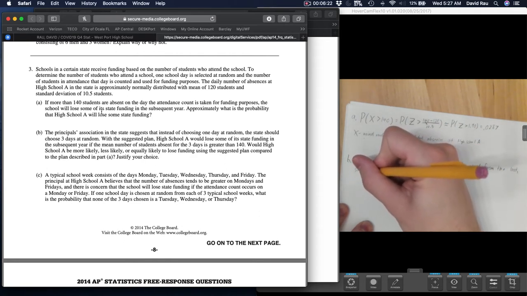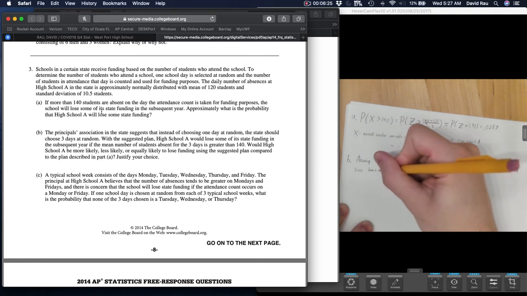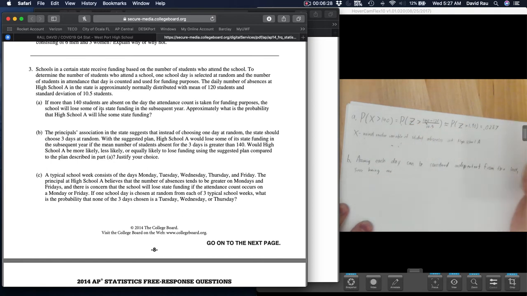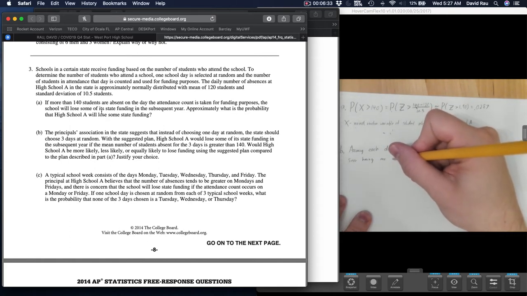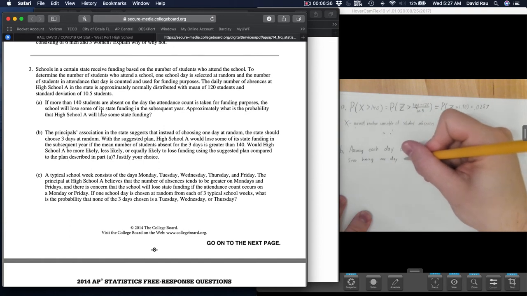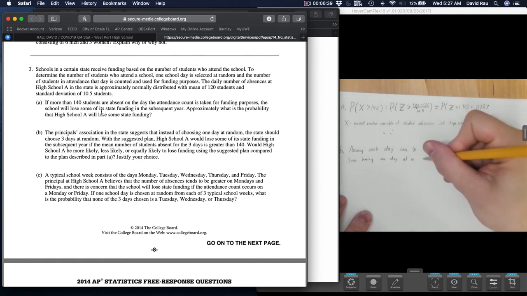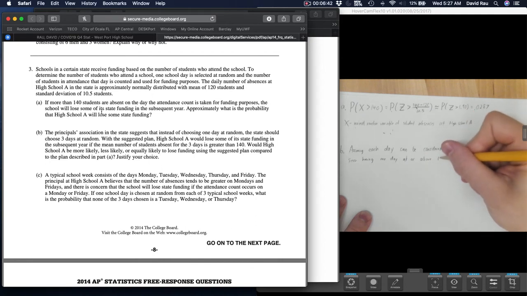I'll say since, I'm not going to argue this well. I don't really like the wording of this question. That's just me. Since having 1 day at or above 140 absences occurs with approximately 2.9%